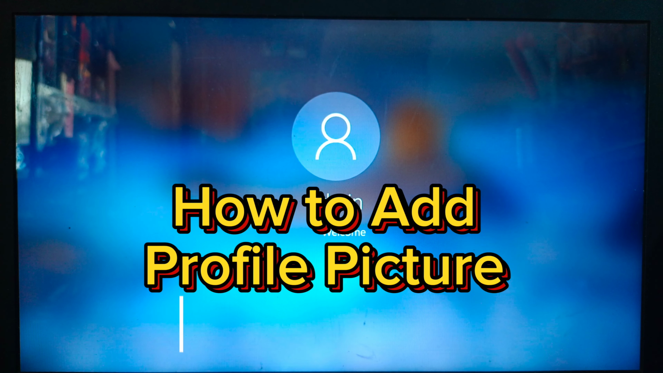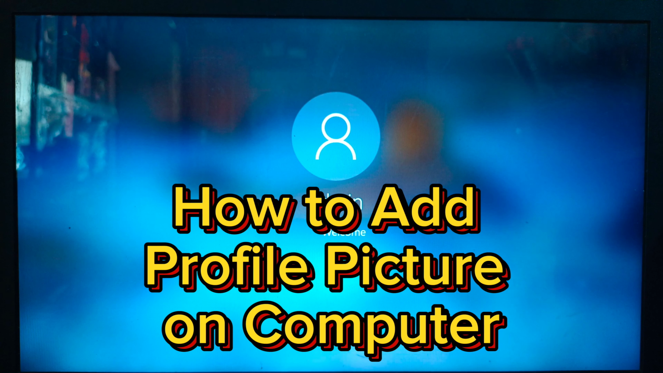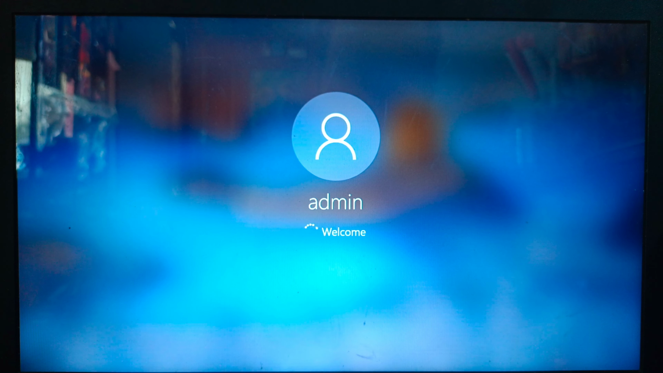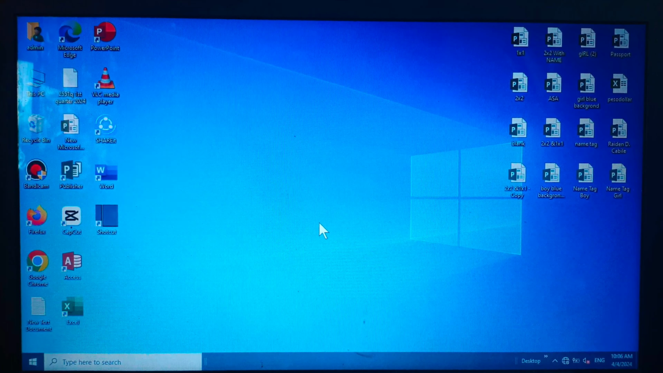Okay guys, do you want to add a profile picture here on your computer? Okay, so to add, follow my instructions. Okay guys, here in your Windows PC, go to the lower left side of your screen to the start menu, click